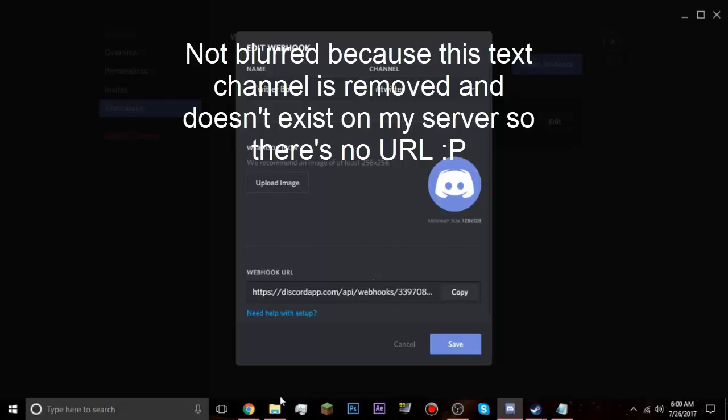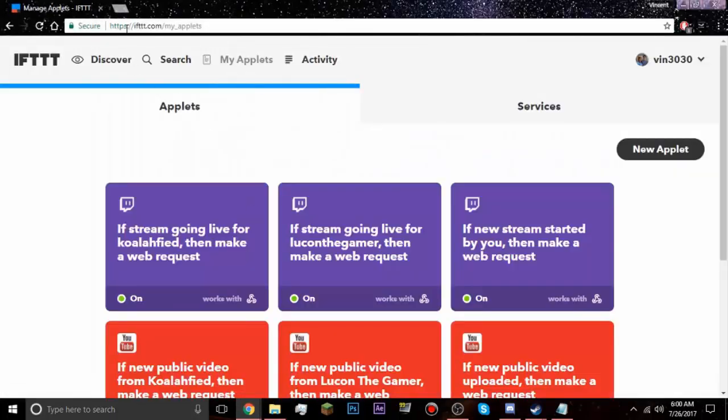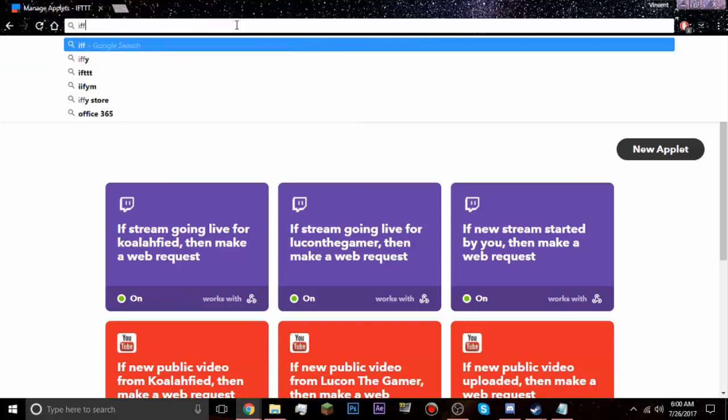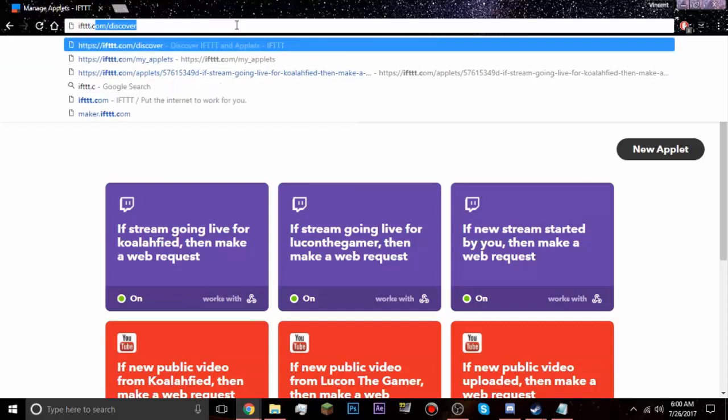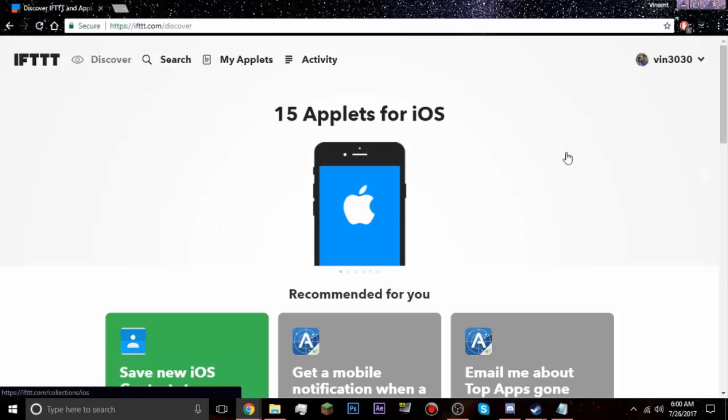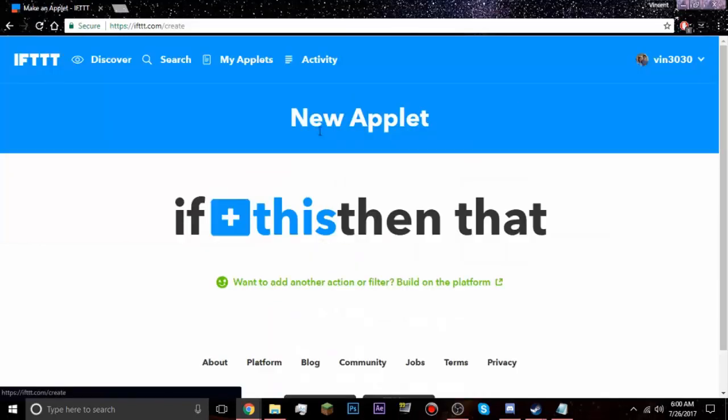Alright, and once you have that copied, you're going to go ahead and go to ifttt.com/discover, and you're going to just create an account. And once you log in, you're going to click My Applets, or you can click this little arrow and a little drop box will appear, and you can click New Applet, and then you should see this, if this, then